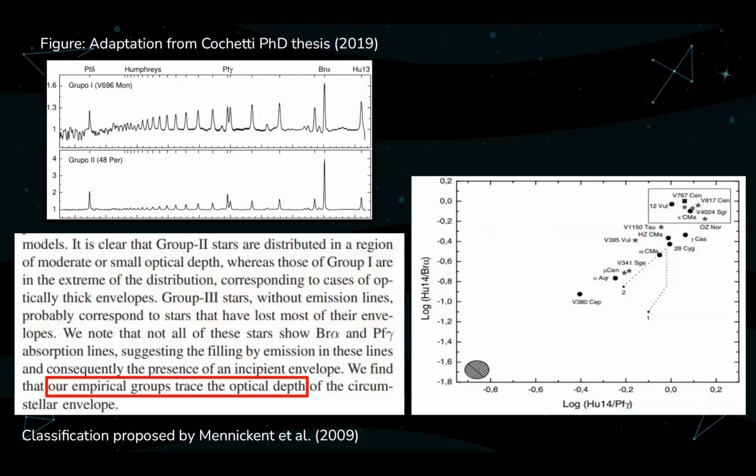So the first thing we did was to classify our stars according to a criterion that was proposed by Meniken and collaborators. Can I ask you, this population of the stars that you are using,